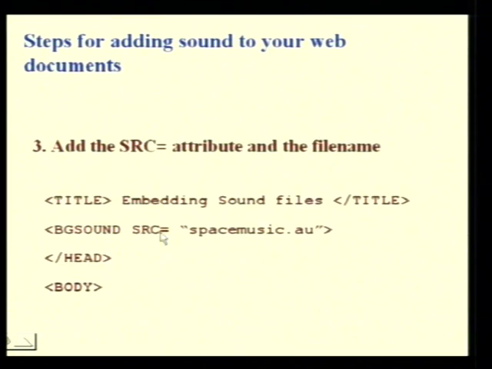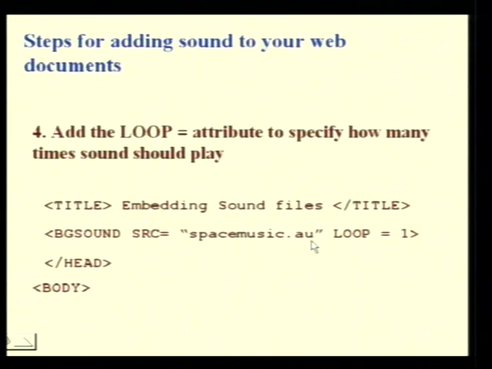After that, add the source equal to attribute and the file name. So, BGSOUND source is equal to spacemusic.au, let us say, and add the loop equal to attribute to specify how many times the sound should play. So, I specify loop is equal to 1. In this manner when you add,